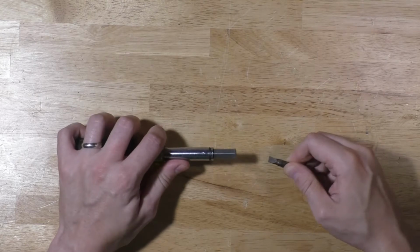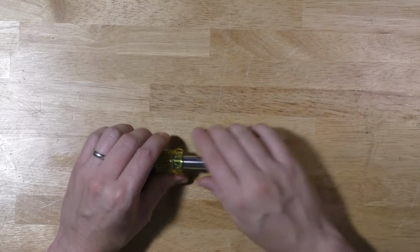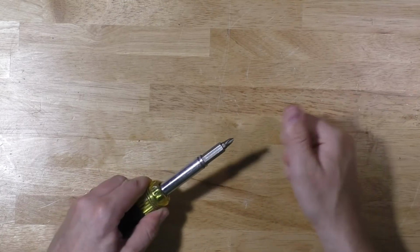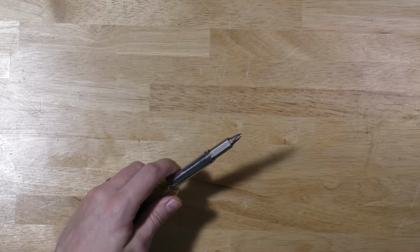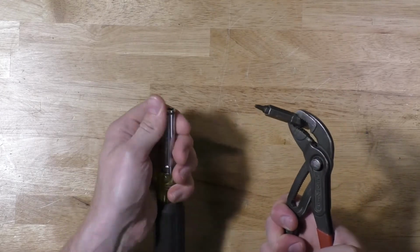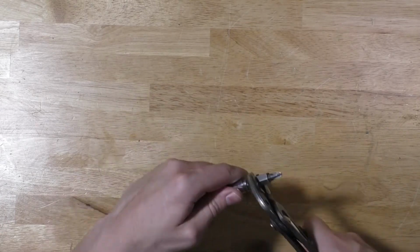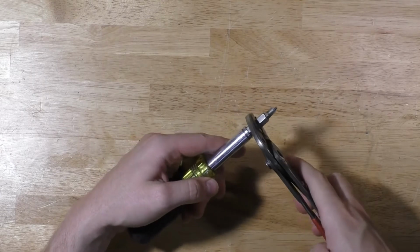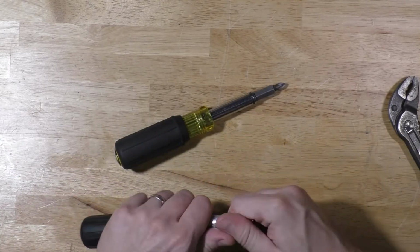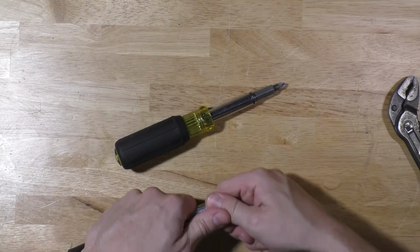So for your bits, you can get the bits out with your hand at the end, but if you want to get out this little nut driver here, you're not going to be able to do that without using a pliers. Okay, so if this is as far as you've gotten in that video and you have a problem with opening these end little nut driver pieces on your 11-in-1, as opposed to just going like that on the original with your hands,